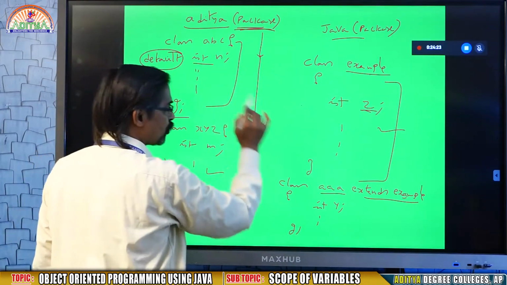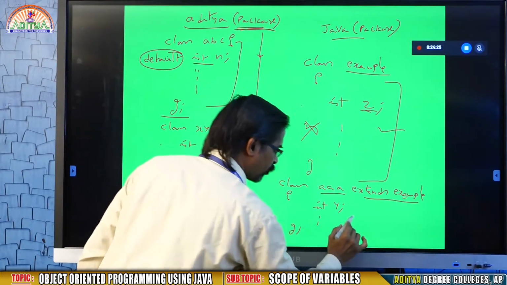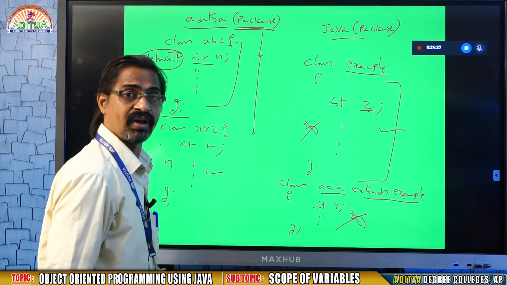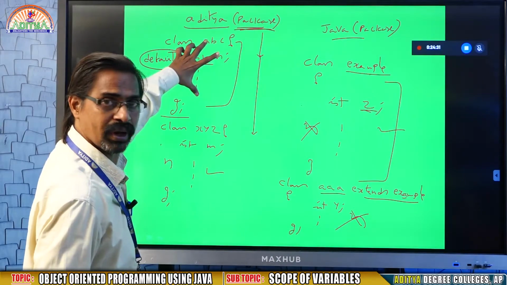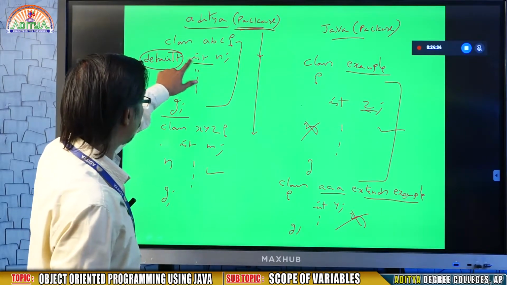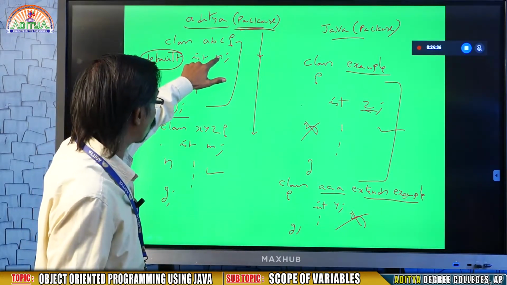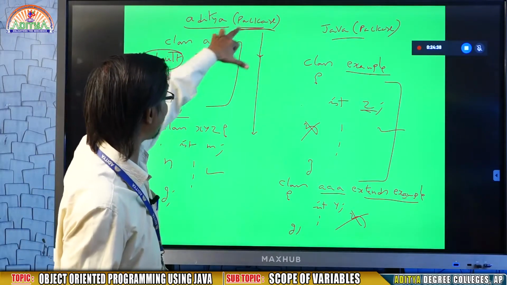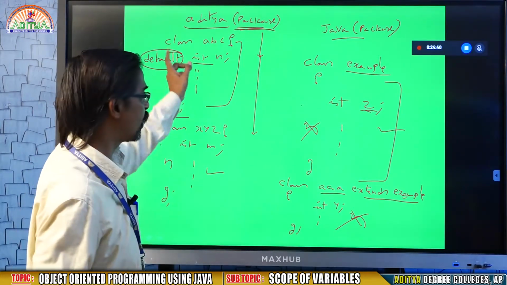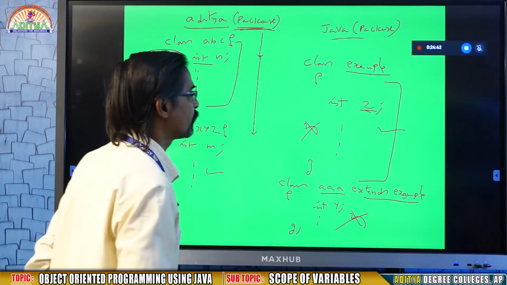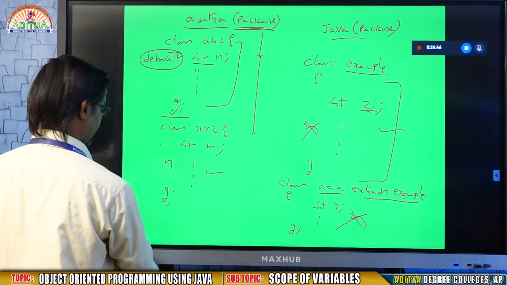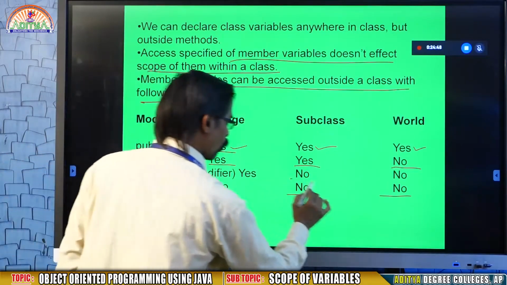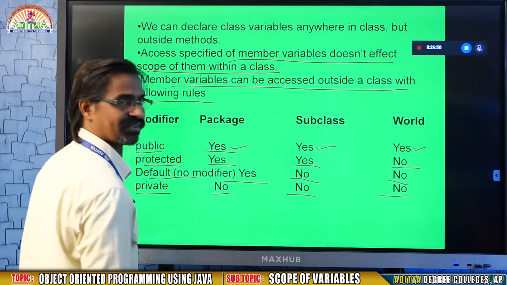In case you try to use N here, it gives an error, because there must be a relationship. So far the scope is up to ABC, but when you define it as default, the scope of N will come into the same package, that is Aditya package. It won't allow into another package. So like this, here also you may see, within package, yes.